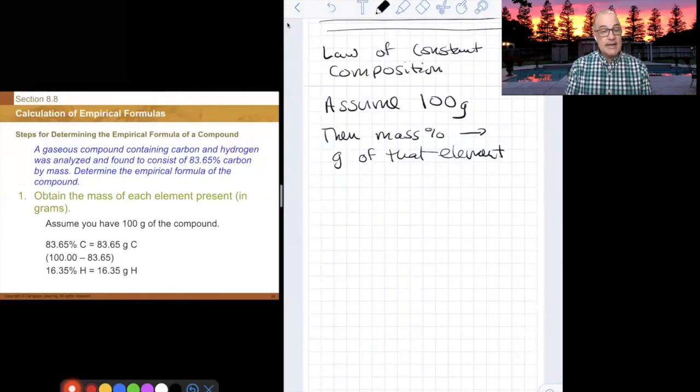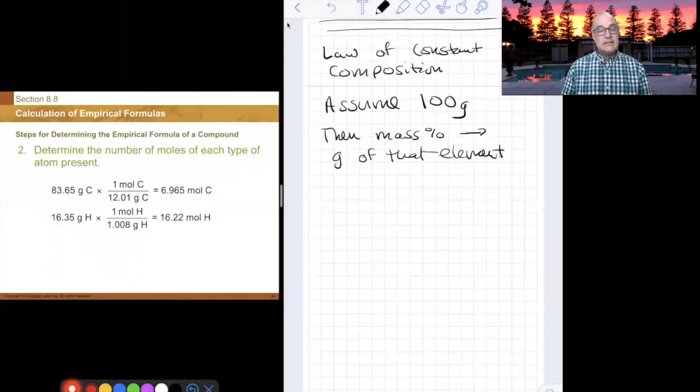And if we do that, then this 83.65% by mass of carbon gives us 83.65 grams of carbon, right? So we see that here. The other thing we have to realize is that the sum of the percents by mass has to add up to 100. In this case, we only have two things, carbon and hydrogen. So the percent by mass hydrogen is going to be 100 minus the 83.65, 16.35, right? So now we have the mass amounts, the mass ratio of each element in the compound that corresponds to the chemical formula. So the second step is